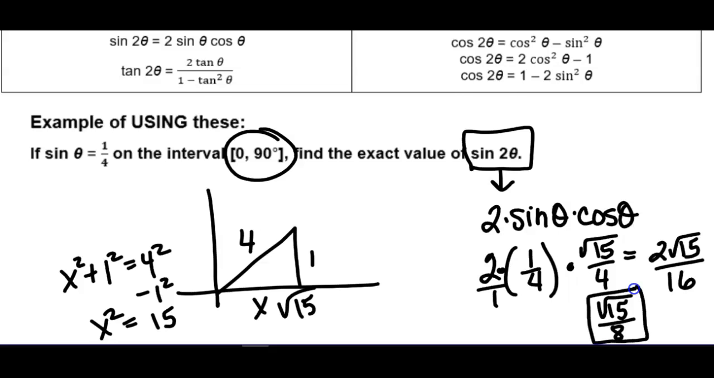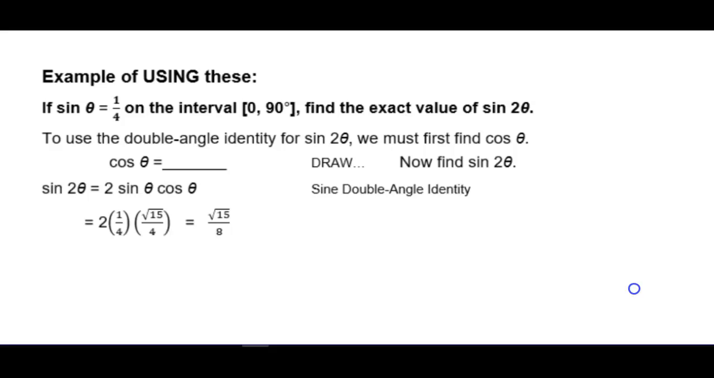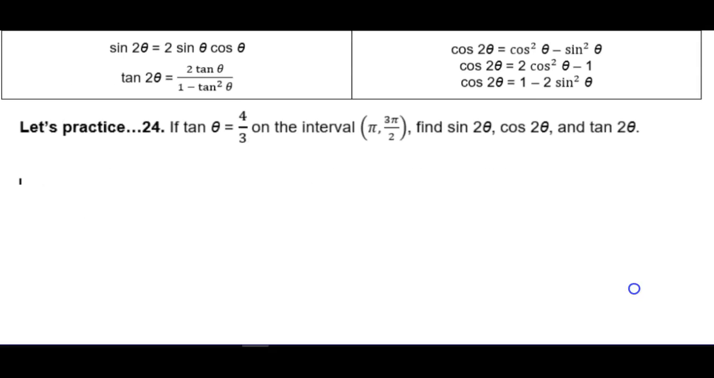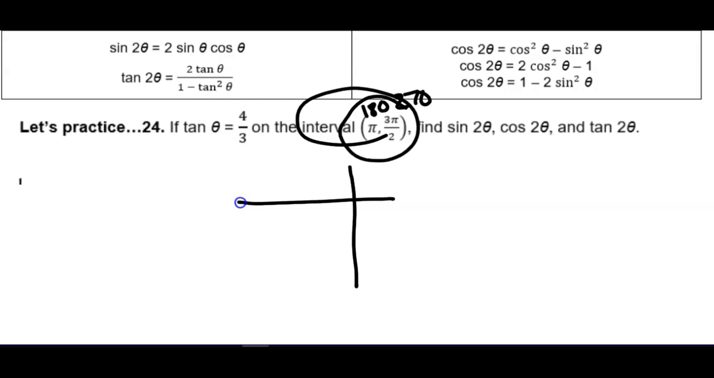Okay, kind of crazy, but you can find these exact values. That was just that one done for you already. So we're going to practice. But we got to think carefully about quadrants. This is very important. It's telling you that somewhere between 180 and 270 is where this angle lies, which means it is in quadrant 3,